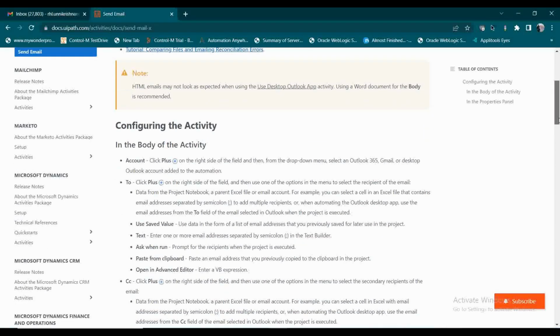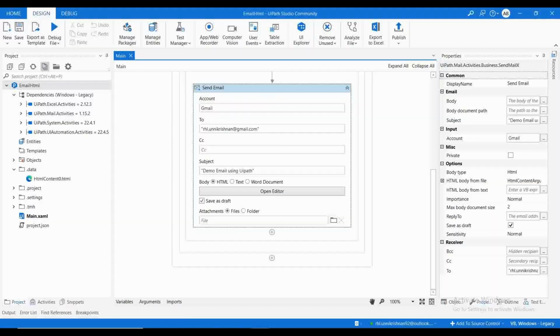Inside this documentation, you will be able to see what the different properties available for this activity are and how you can utilize all those details. Let me go to our studio and click on the properties for send email. Here you can see body, body document path, and subject. Here you can set the subject for the email, and if you are going to refer to the body through some file or document, you can fill in the path of that particular